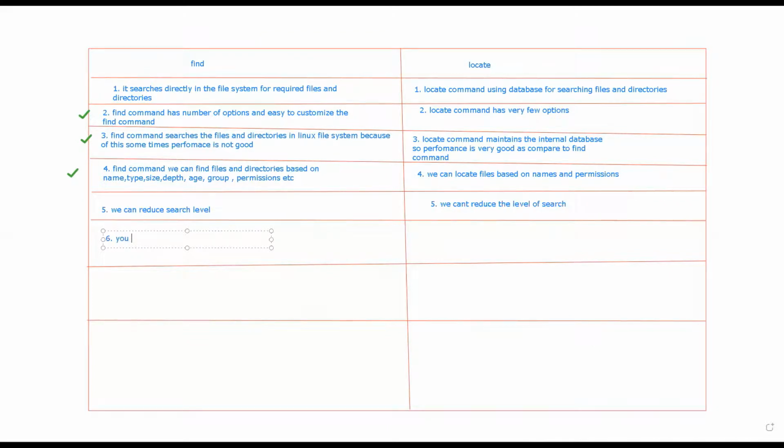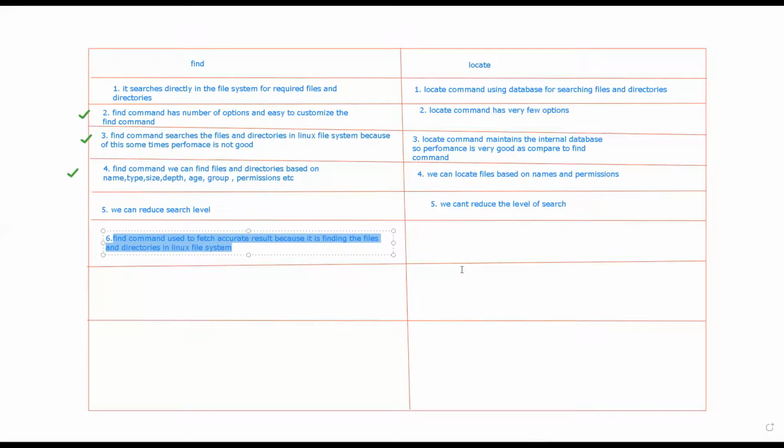So I can say the find command is used to fetch accurate results because it is finding the files and directories in the file system, right? Or rather, in the Linux file system.